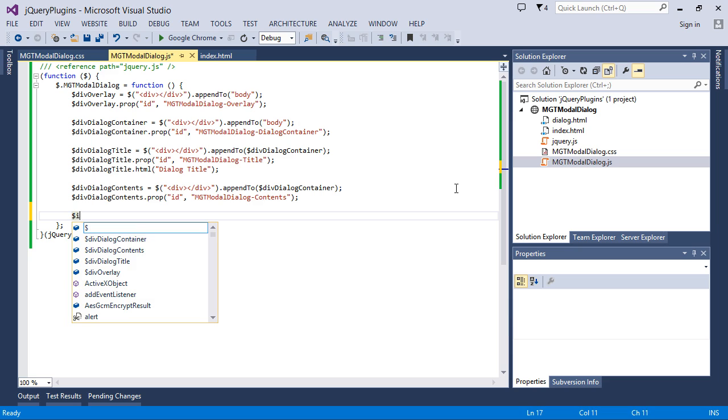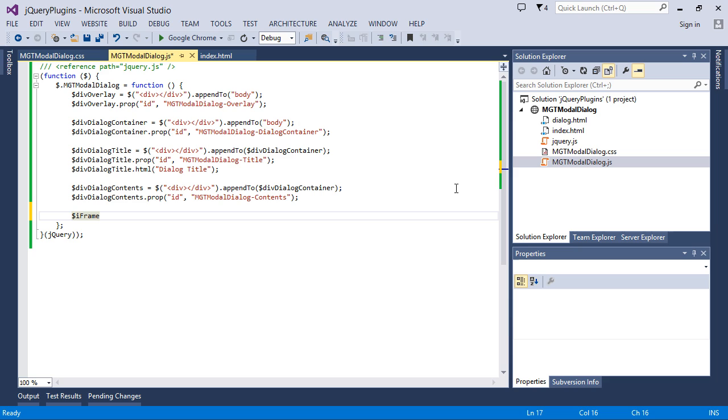So let's create iframe object and assign iframe, copy, paste, and make it iframe, append it to, this time I will append it to contents area,